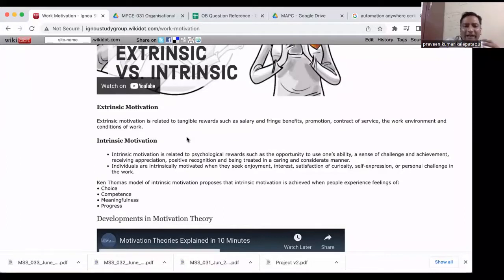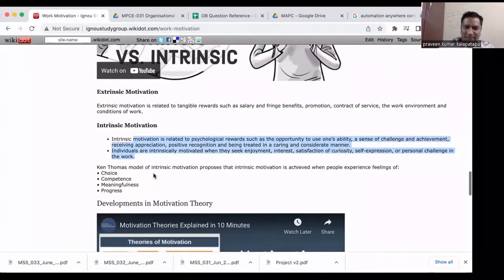So it could be that you have an affiliation or psychological drive towards doing a certain thing. I want to actually be an employee of a big MNC, right? So I have some intrinsic, there is an association or something which is coming from within, and I seek that particular enjoyment. I have an interest to do that, right? So that's how the intrinsic motivation really comes into the picture. Okay,